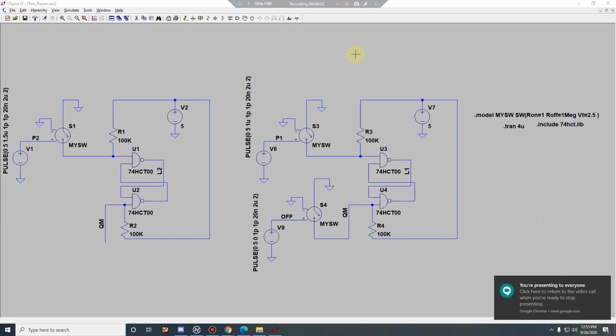Okay, so let's start with the hobby class for this week. Last time I gave you a problem where I wanted you to design a quiz system with two players, player 1 and player 2, and a quiz master. Initially, if the quiz master presses a switch, the outputs of both player 1 and player 2 will be 0.